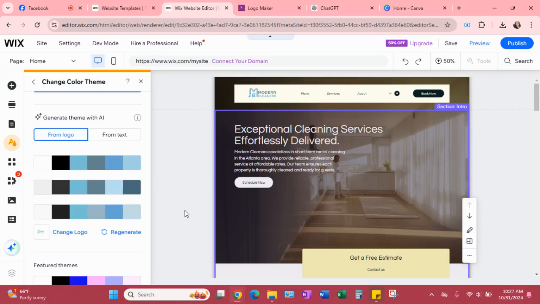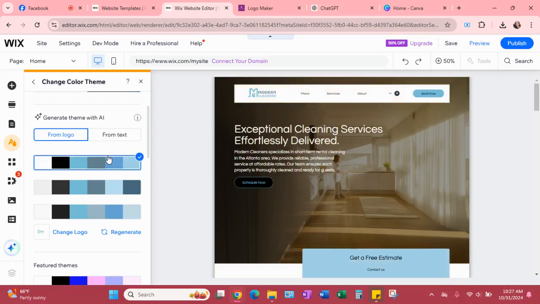So I think I'm gonna go with maybe the first one. See how it changed all of the colors? And you can pick which one you like, or you can get it to regenerate too. But they're pretty much all the same colors. I think I'm just gonna stick with the first one,